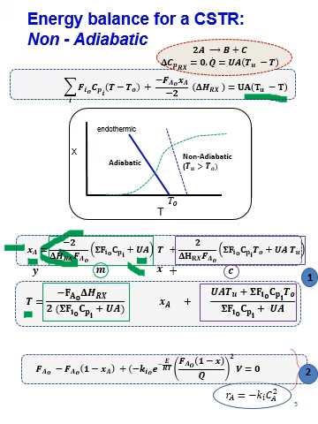And if I want to see what's going to happen to this intercept when X is equal to 0, my temperature at the outlet of a reactor can now not be the same as at the inlet. It depends on whether I have a warm utility or a cold utility. In this case, my utility temperature is warmer than T0, so even if I don't have any reaction, I will heat up the contents of my reactor to have a warmer outlet temperature when I have no conversion in my reactor.